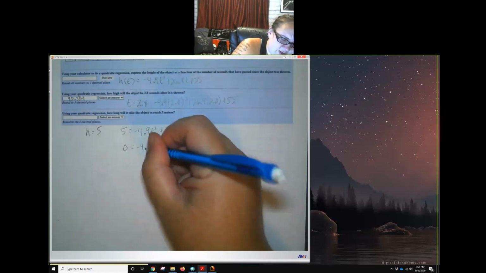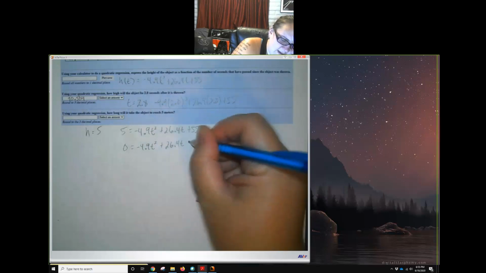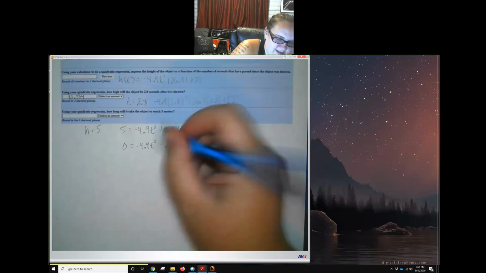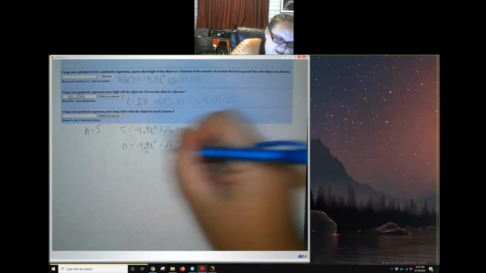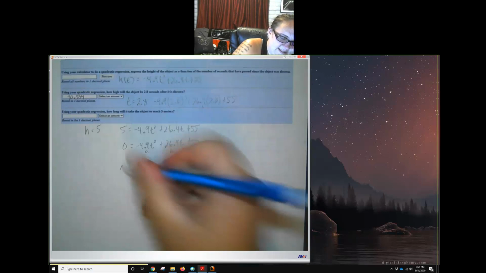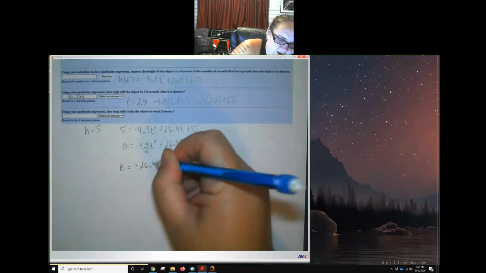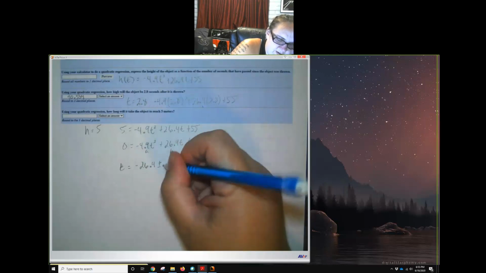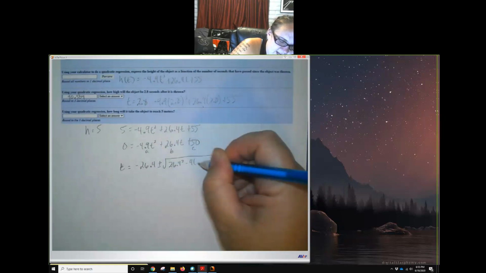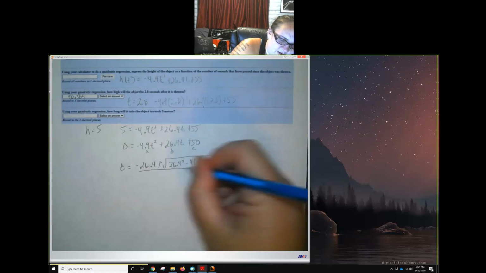Because remember, with most quadratics, in order to solve, we need to have 0 on one side. And now I'm going to use the quadratic formula. ABC. Make that a t. I was going to make it an x, but it's not an x, it's a t. So negative 26.4 plus or minus the square root of 26.4 squared minus 4 times negative 4.9 times 50, over